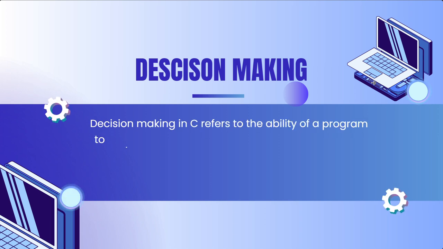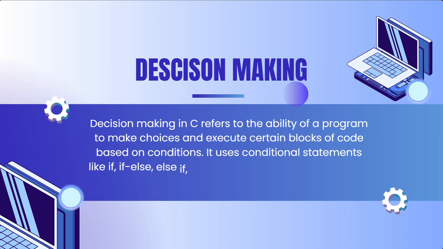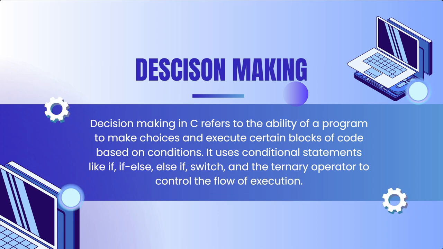Moving on, we have decision making, which is again an important aspect of the C programming language. Decision making in C refers to the ability of a program to make choices and execute certain blocks of code based on conditions. It uses conditional statements like if, else if, switch, and ternary operator to control the flow of execution. Okay? Decision making is really very important in C because a code has to execute or not, giving choices,